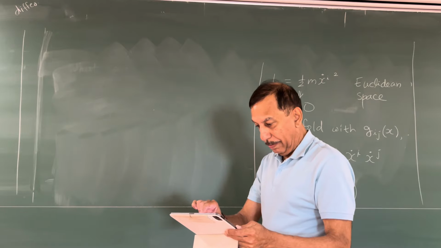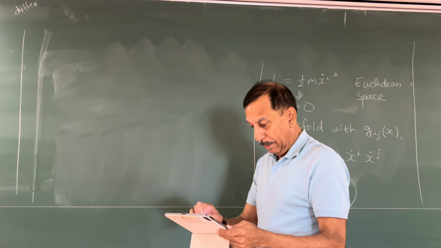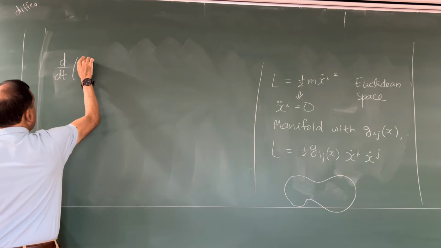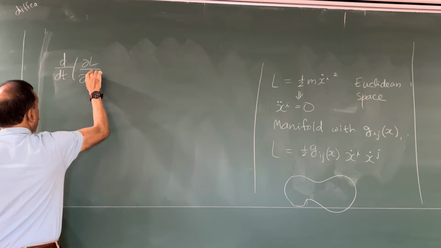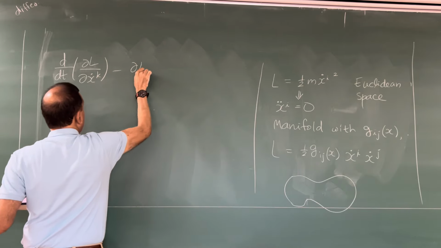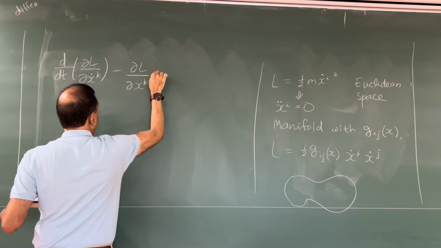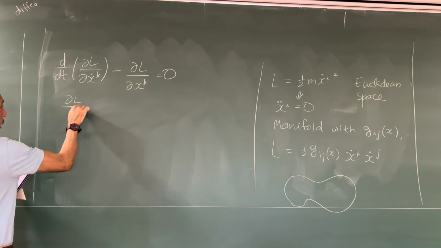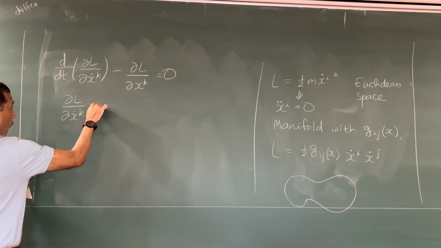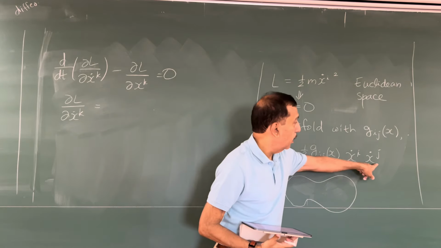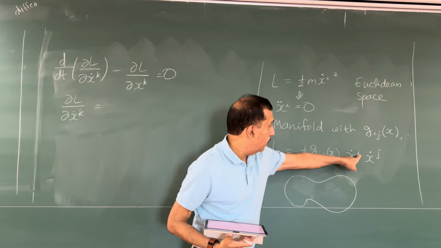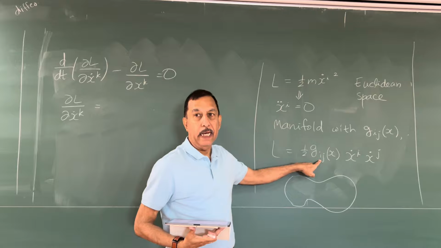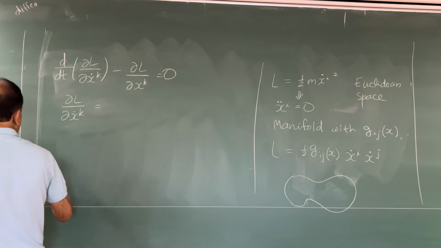Now, just not to make any mistake. Good. So, the equation of motion is always this. So what is del L by del x dot k for this Lagrangian? The x dots are here and here. If I differentiate this one with respect to x dot k, I get delta ik. So this I will turn into a k. So I get